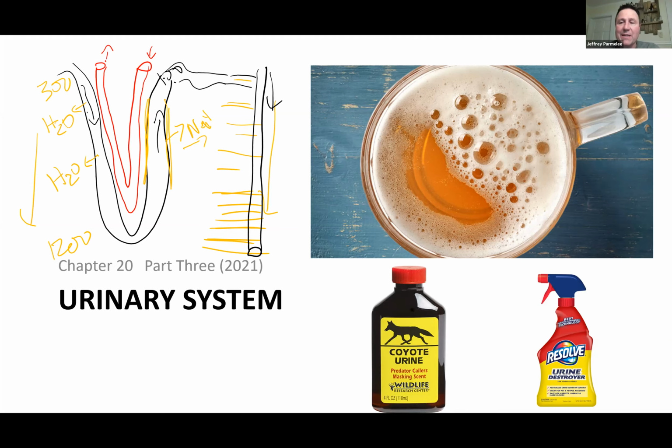So it's pretty watery. The only reason we set up this gradient of saltiness is so that we have the ability to pee out either very watery, dilute urine or very concentrated urine with very little water, depending on our needs, how dehydrated or hydrated we are. So that's what we do. We set up this gradient. Why? Because you have very dilute urine, filtrate, coming out of here with very few things in it. And so if you keep your collecting duct closed, you can pee out that extremely dilute urine